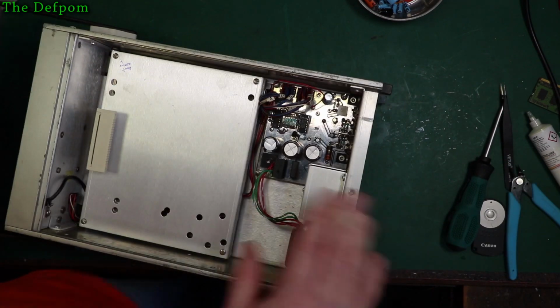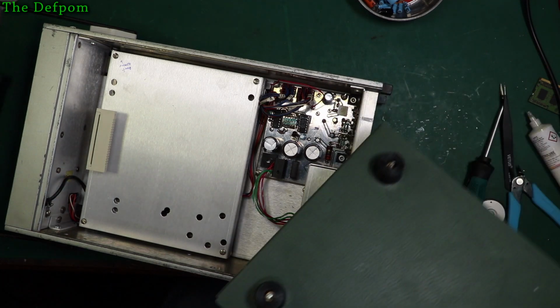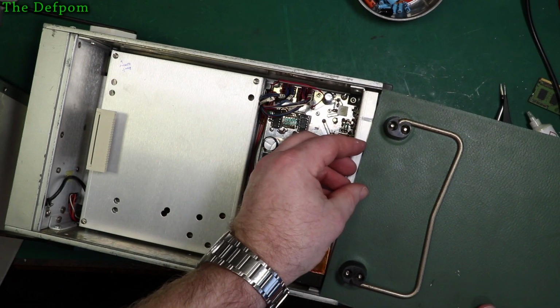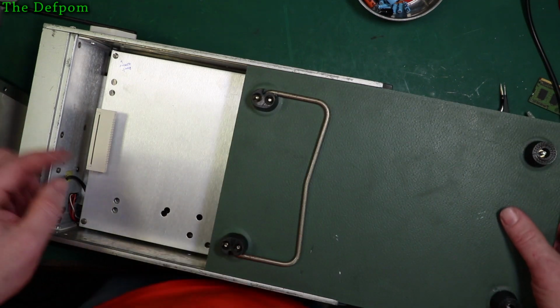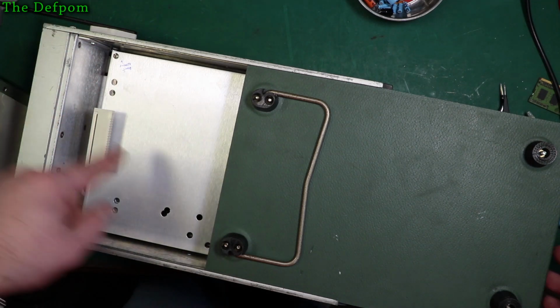Right, let's put the cover back on. Or covers back on. I did pull the other side back off again. I didn't show that in the video, I don't think, because I made a mistake when I did one of those other boards. I put a capacitor in backwards. I'll take one of the boards back out again. That's a bit dumb. Was it this board? No, that's right. Remember, it was on that board there. I fixed that, and